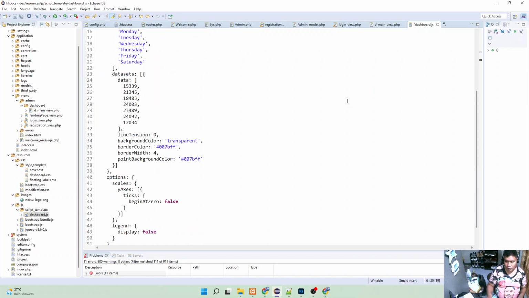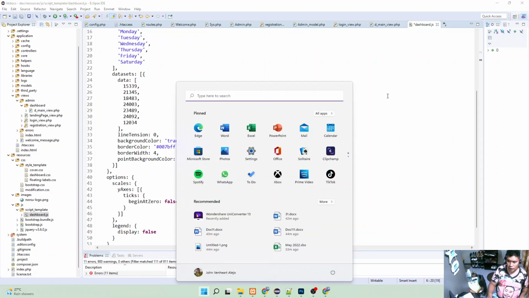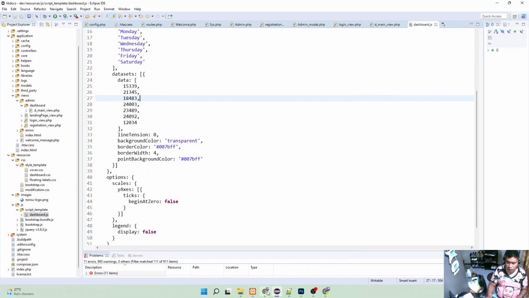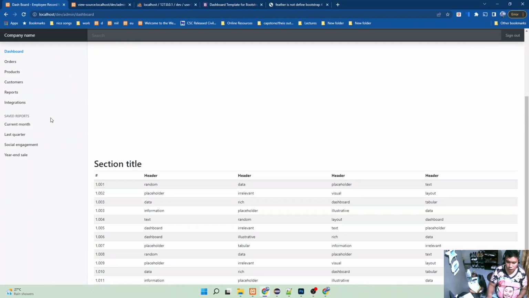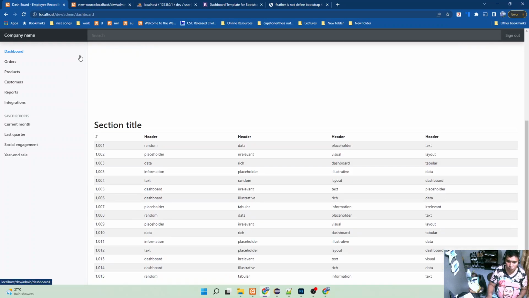There is a problem with our dashboard, so just leave it there. I'll just fix it later. So right now we already have our dashboard that we can work on. The next thing that we also need to implement is